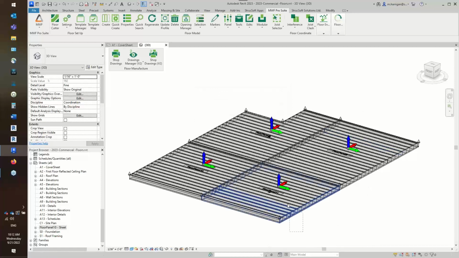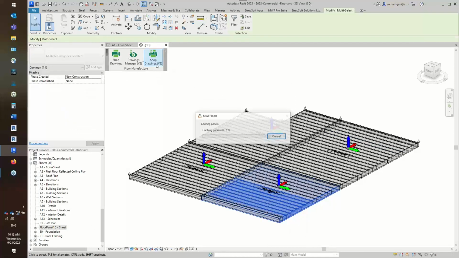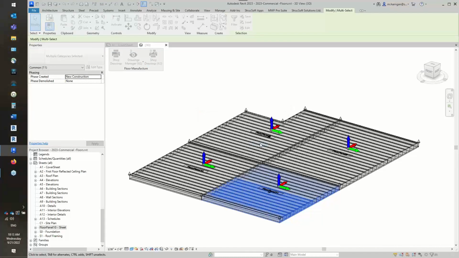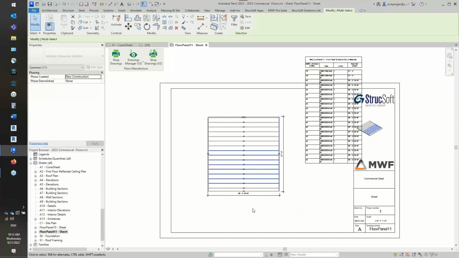OK. And then from there, I'm just going to select another panel. We're going to go into our shop drawings. And instead of taking those default settings that I have, I'm going to take the webinar one. I'm going to hit OK. And again, it's doing exactly the same thing that I was doing just before. It's creating that title block, and it's going to be associating those views. So again, my shop drawing only has an elevation and a bill of material. So I'm going to go to sheet